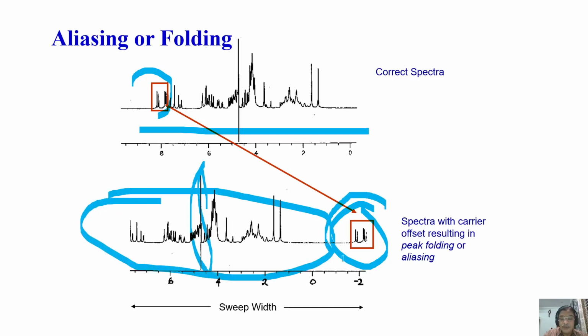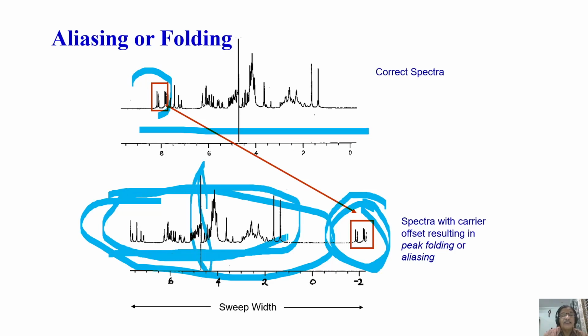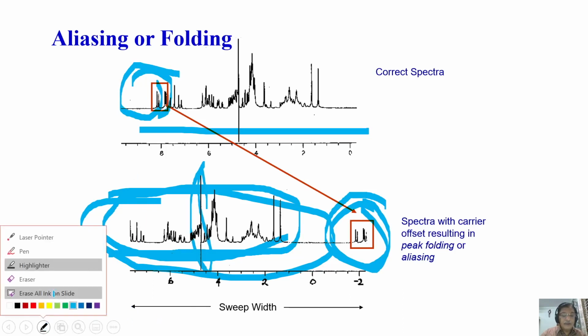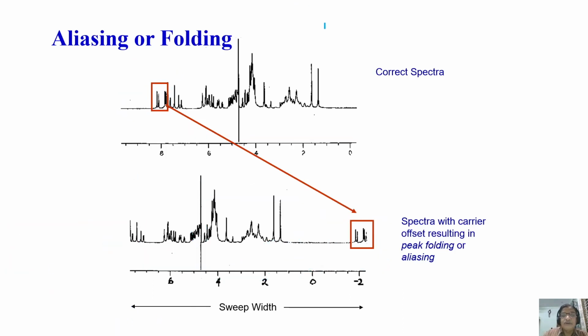I have a frequency here, a lot of peaks here. This peak is not very well represented because my digital resolution is taken for only the highest frequency within this region. So the peaks which are coming with a higher frequency than this chosen range will get folded here. This is called folding or aliasing. You understand? So that's what happens.